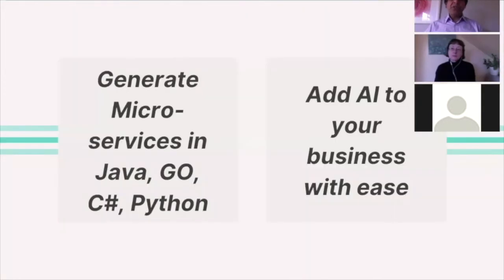You could actually use the toolset to generate microservices and add AI to business requirements, because it's available in a REST format. Now you can code without writing extensive code or learning about AI and how it works. You can drag and drop features. What if there is data, learn from this data and produce the result for me for this data. When this happens, perform this particular action. You could do this whole thing with a few lines of code, or even just with the platform's drag and drop feature.